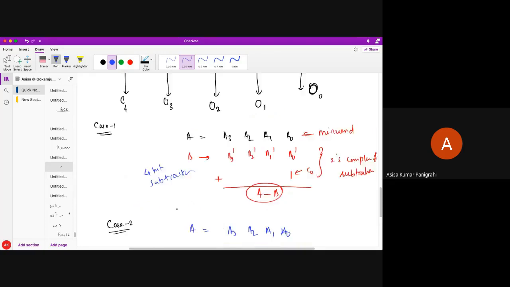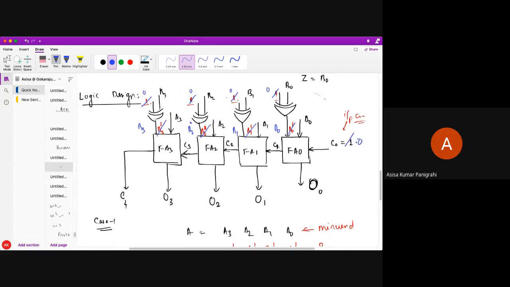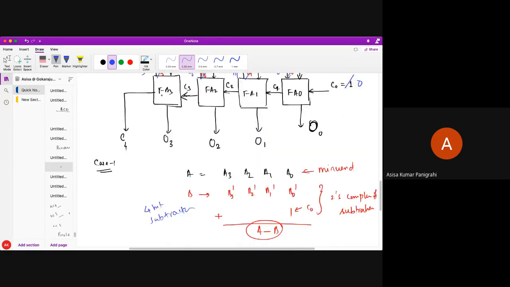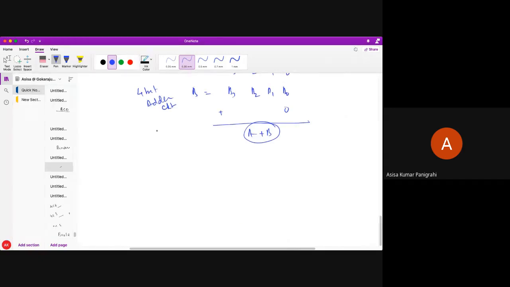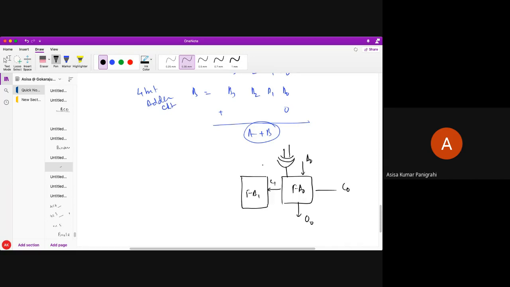Okay, so the only difference here, students, is what? So finally, what would be my design over here? My design would be very simple. I have been just designing here. This is my full adder, FA0, C0, this is A0. It goes to my inputs through the XOR. Just I'm doing C1. This gives me output 0, and this is my another full adder, FA1. This gives me A1. This is B0, and this gives through the XOR B1.